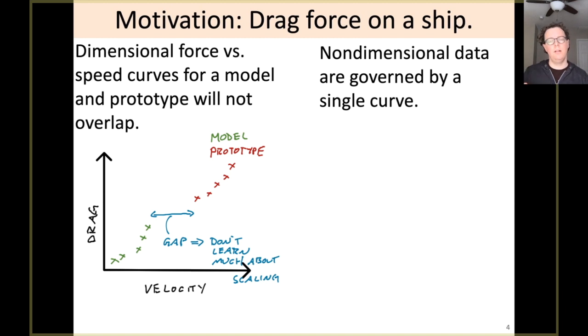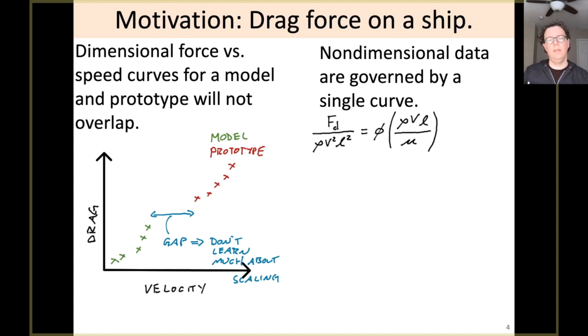Those 2 point clouds are really separate from one another, and so we don't know how this relationship will behave. Again, we want to know that relationship because the costs of failure and experimentation are simply too high to make these kinds of mistakes. So in contrast, on the right-hand side of your screen, let's think about this problem in a non-dimensional space. If you watch the Buckingham Pi lectures, one of the examples we looked at was drag force